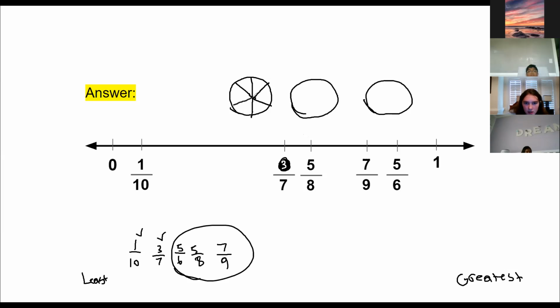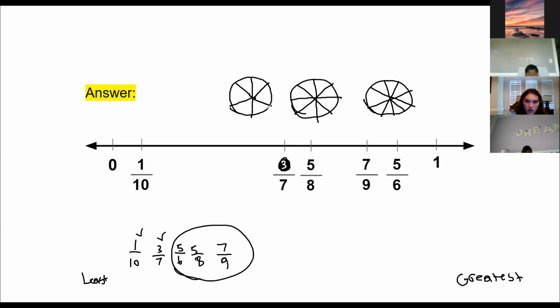There we go, that looks about even. And if this is going to be divided into 8ths and 9ths, 1, 2, 3, 4, 5, 6, 7, 8, 9. All right, that's not even, but